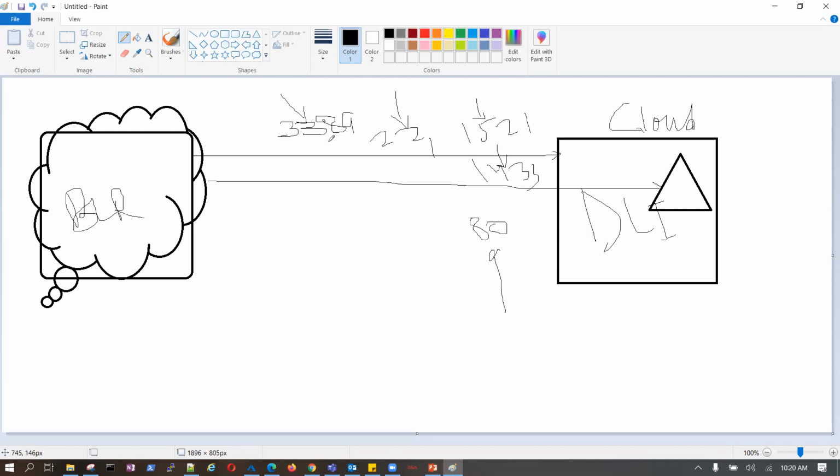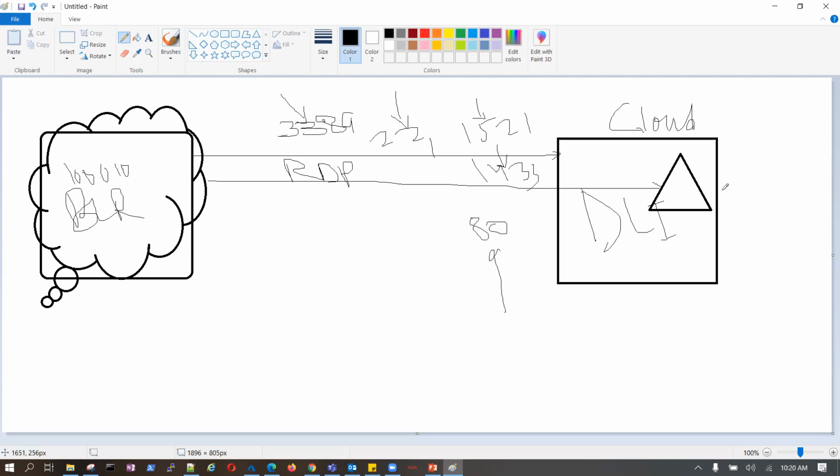Now you want to connect using RDP, let's say. So your source is from where you are connecting, right? Let's say your IP is 10.0.0.10.